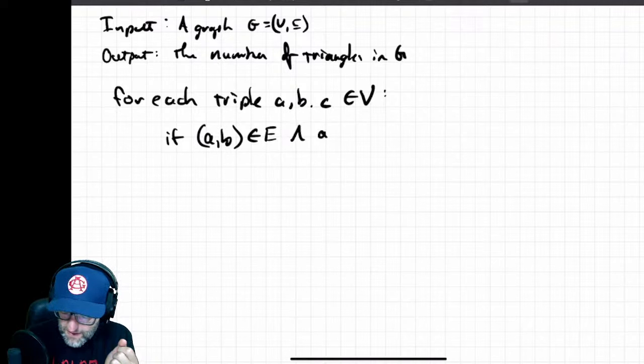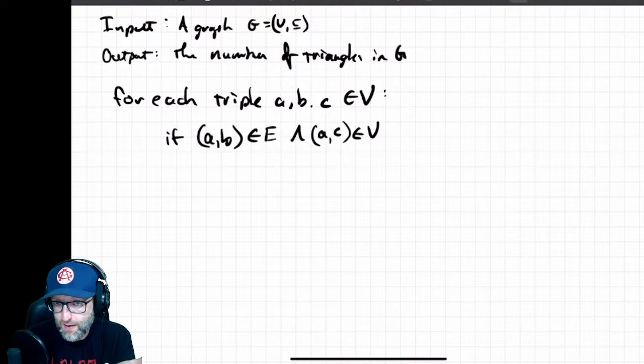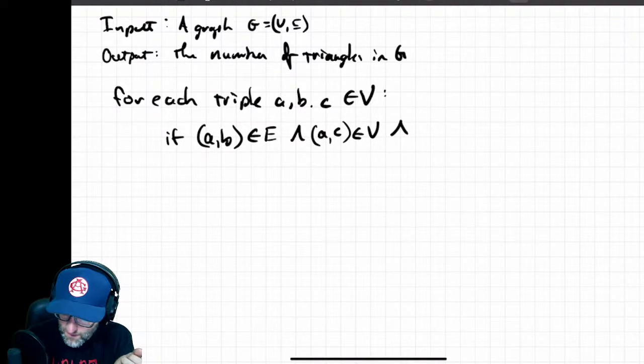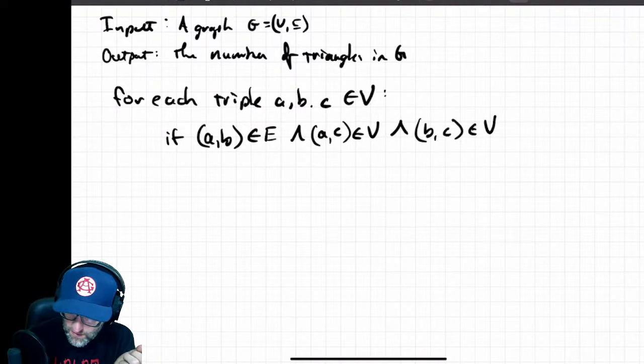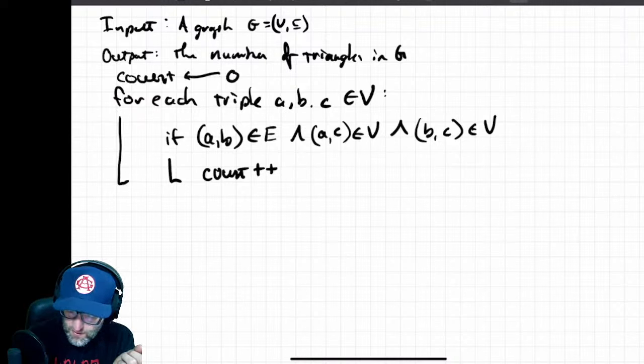A is connected to C. Note I don't need to connect C to A because these are unordered pairs. And B is connected to C. Then my counter, I'll increment it. I should have set it to be 0 at first,